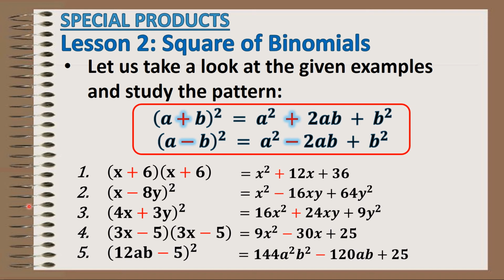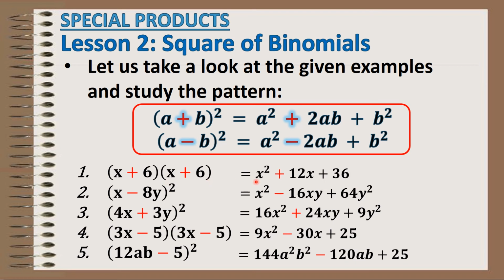Let us take a look at the given examples and study the pattern for our square of binomials. We have the quantity of a plus b closed quantity squared is equal to a squared plus 2ab plus b squared. The other one is the quantity of a minus b closed quantity squared is equal to a squared minus 2ab plus b squared. For example number 1, we have the quantity of x plus 6 times x plus 6